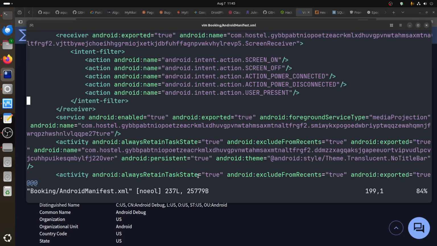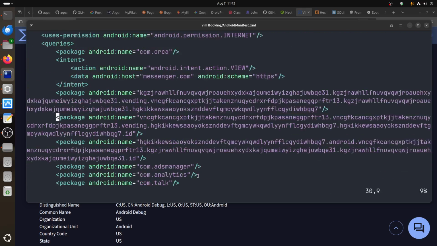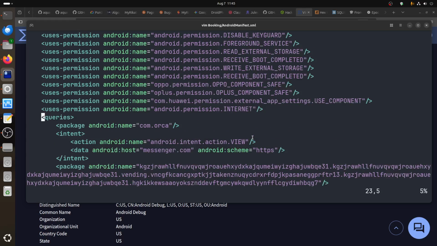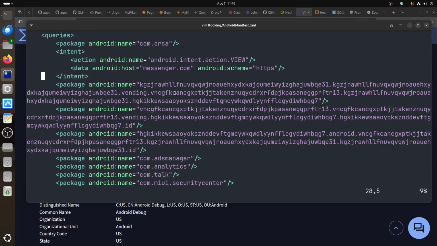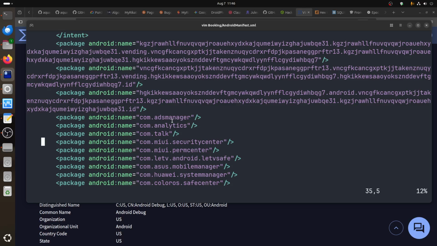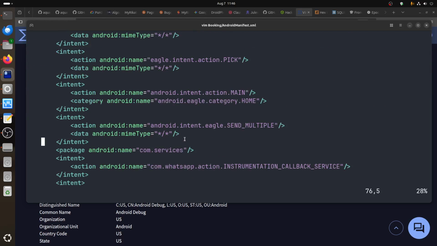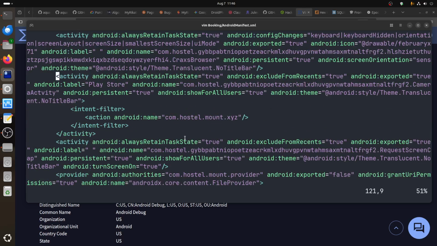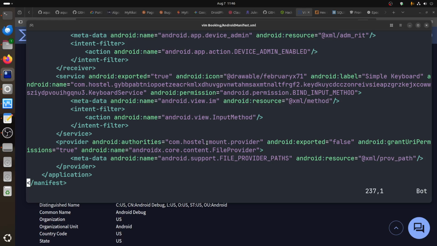Now we can go to the next one, the Android manifest file, and here we can get the name also. That's the name of the app, com.hostel.mont, and all this whatever permissions, and what's this funny message, android:name, ad manager, wherever, or plus WhatsApp, and then we can say the hostel is the name of it. Let's go to the bottom, provider,